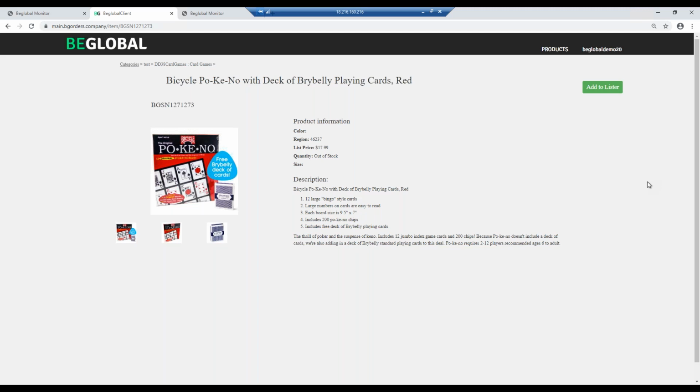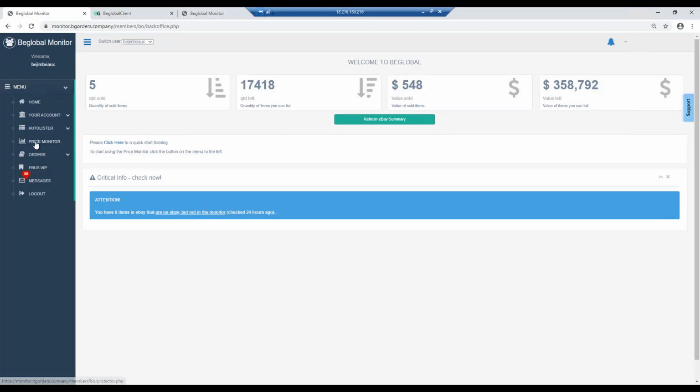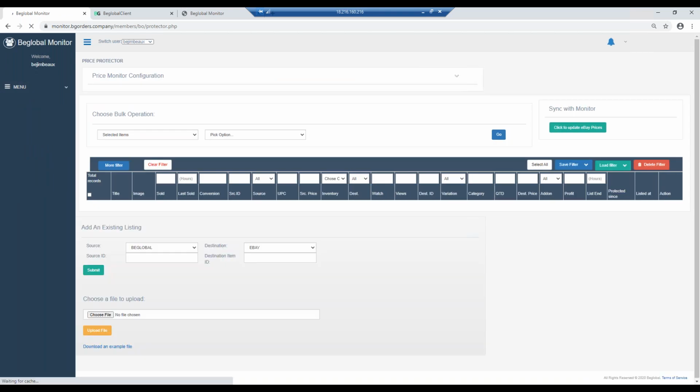So no, let's say this. First of all, for every item that you upload, once you open the listing on eBay, you can see the number of views. This is one thing that you can do, and let me show you in the price monitor. You can do this as well. I have a demo account over here. Let's click price monitor. If you guys want to open your monitors with me and try to do what I do,